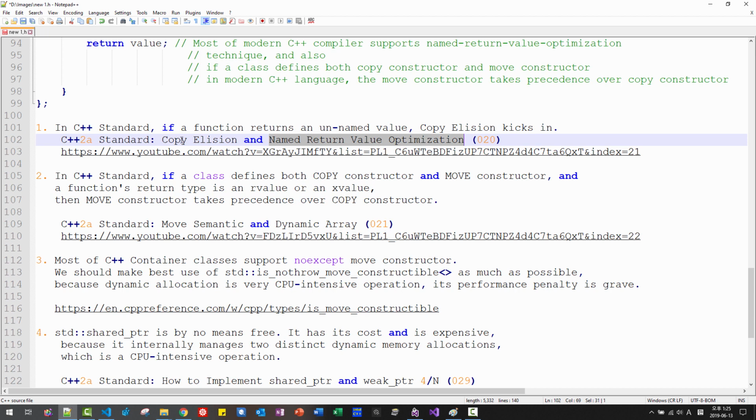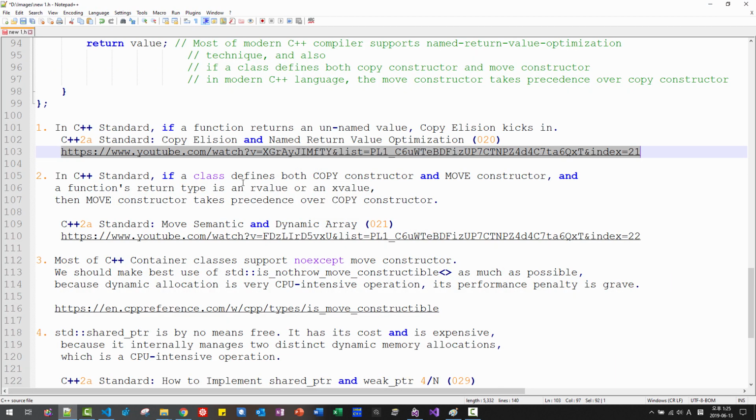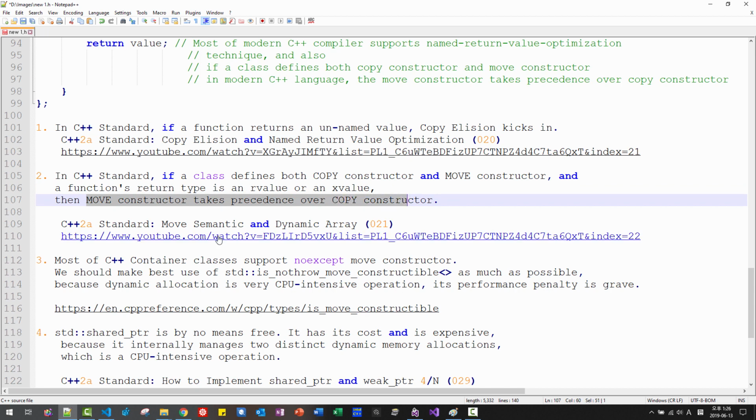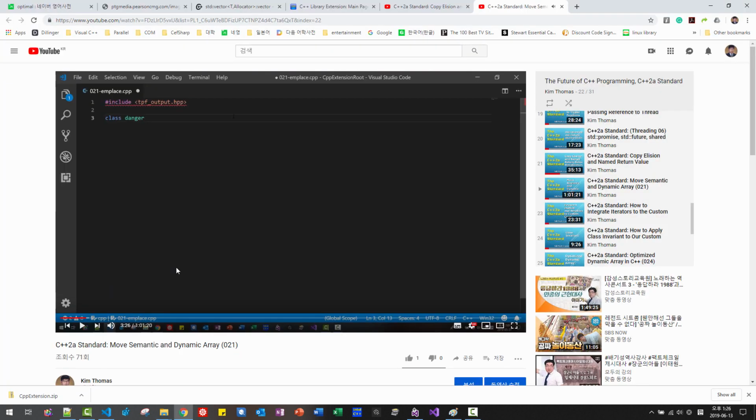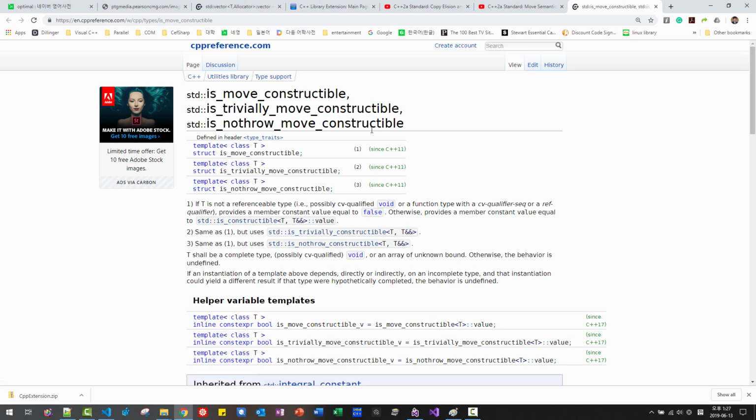If you are uncertain of copy elision and named return value optimization, please watch this video. In this video, I explained what is named return value optimization. Also, please watch this video. If a class defines both copy constructor and move constructor, and a function's return type is R-value or X-value, the move constructor takes precedence over copy constructor. So please watch this video, move semantic and dynamic array. In this video, I explained the difference between copy constructor and move constructor. Also, I elaborated on move semantic, and also about noexcept move constructor. Is no throw move constructible? You can read more about is no throw move constructible in this